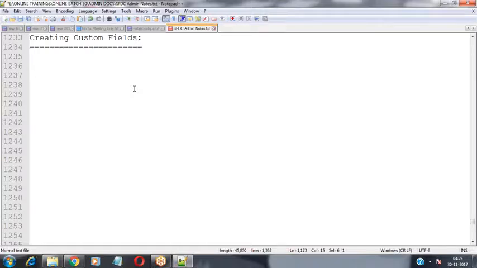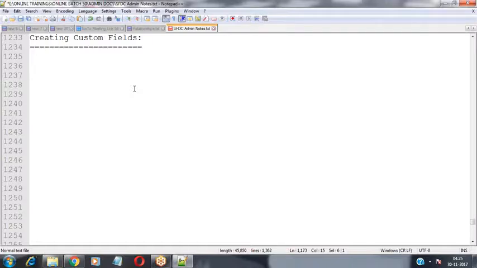So whenever we are doing any operations on the object level, like adding a field, it will automatically update the corresponding user interface and business logic. If you are removing a field from the object, it will make the required changes in the user interface and the business logic as well.